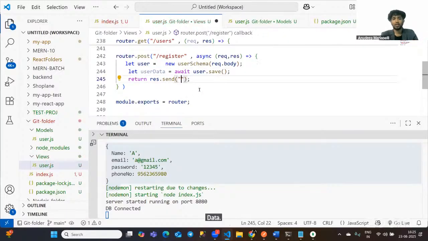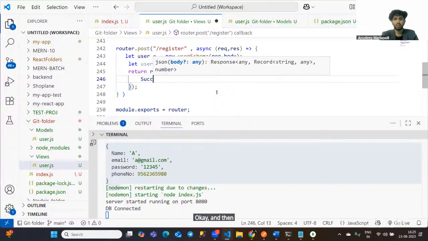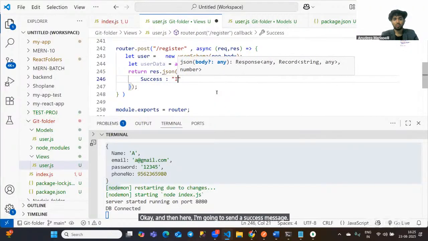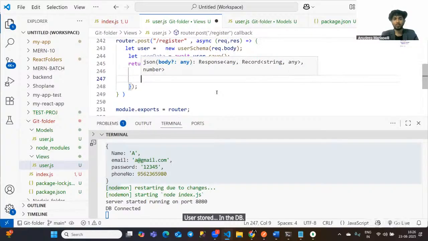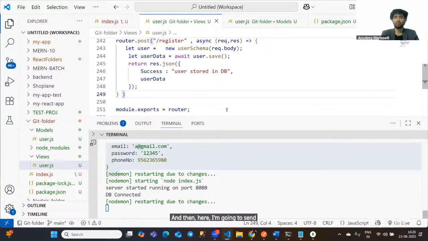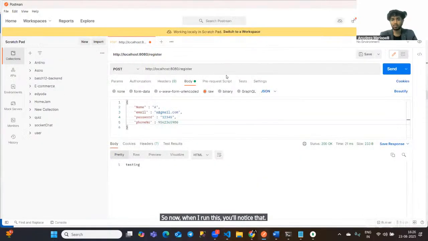Okay. And then here I'm going to send a response, res.json. Okay. And then here I'm going to send a success message: User stored in DB. And then here I'm going to send this user's data back. So now when I run this, you'll notice that here when I hit this request,